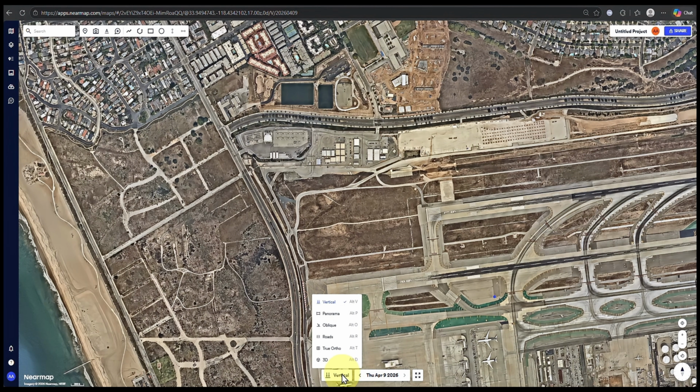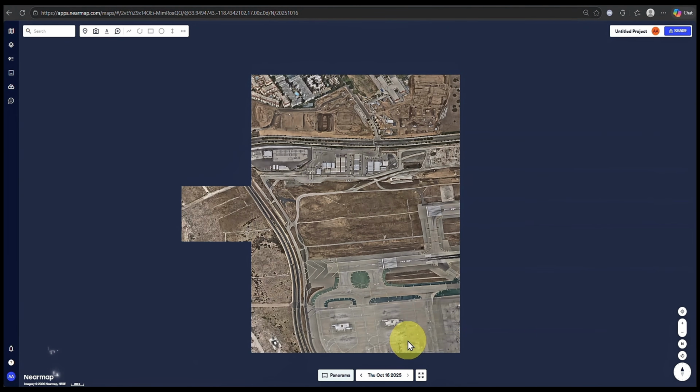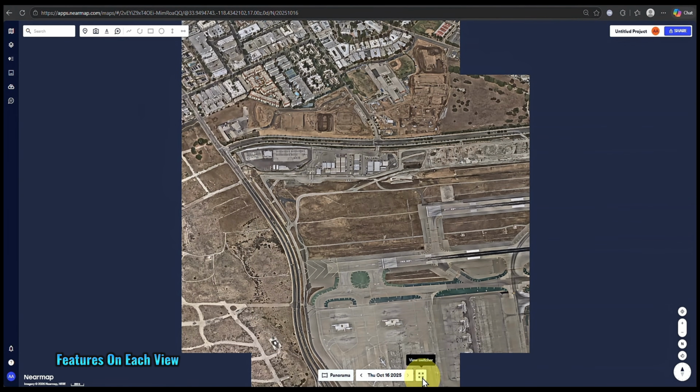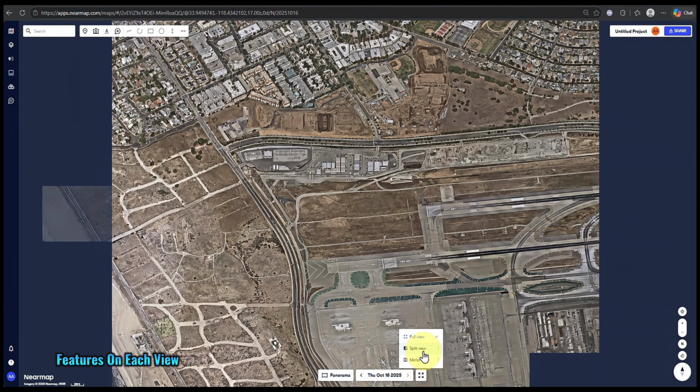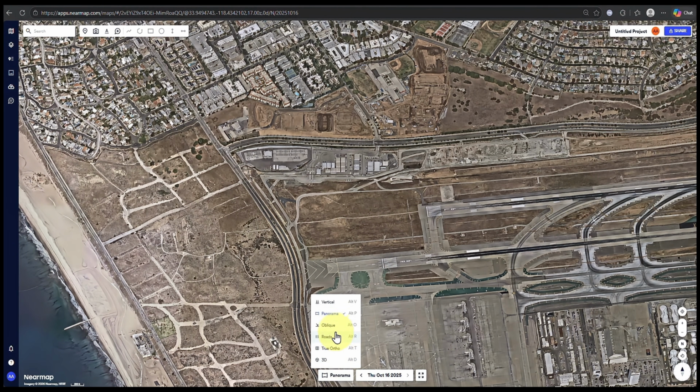And again, based on the base maps, all of these items that you have on top are going to change. We'll go over some of them and provide you with a few tips and tricks on how you can use them. So the next one, panorama. If I come here, you have the same split and mirror view. You can see it changes a little bit. If I go to the next one, oblique,